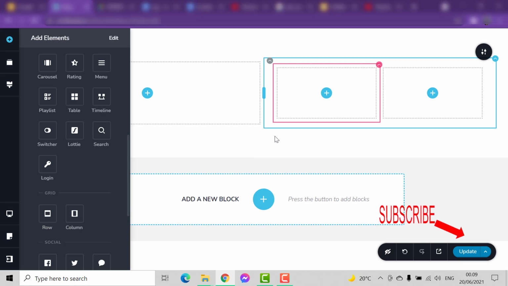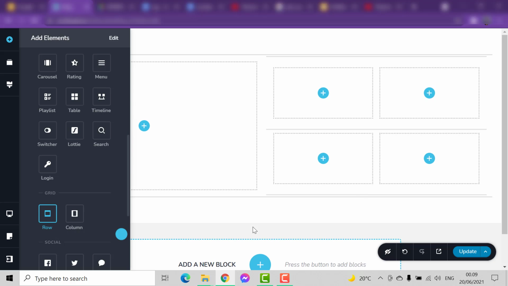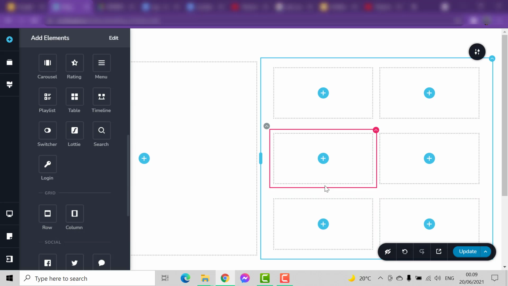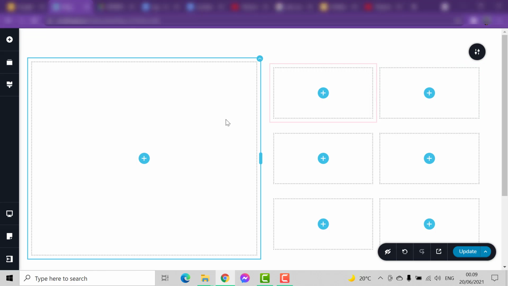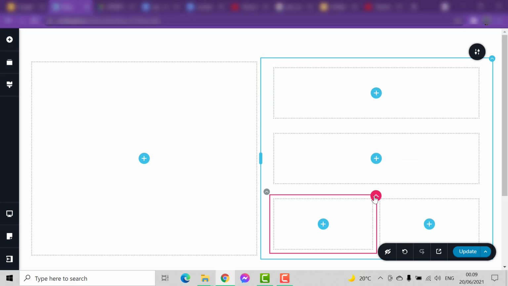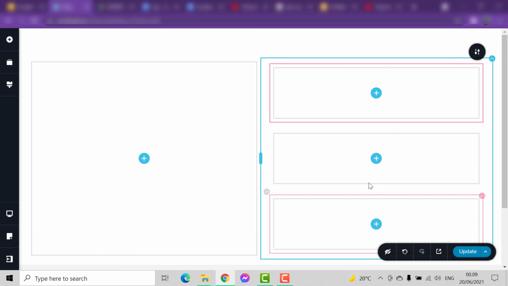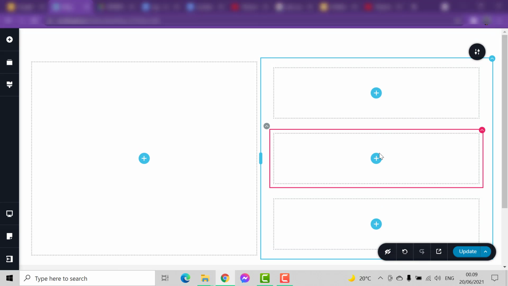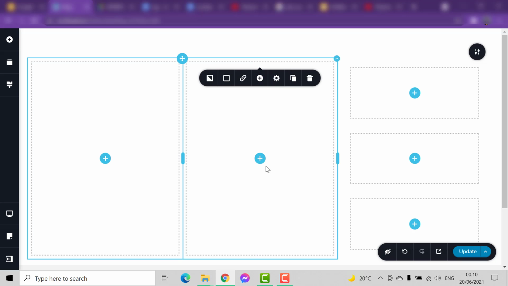So here you can see 2 of them, and I just bring another one. So in this 3 I just delete this one. So now I have 3 containers, and each of the containers will contain, I just make another copy here, and